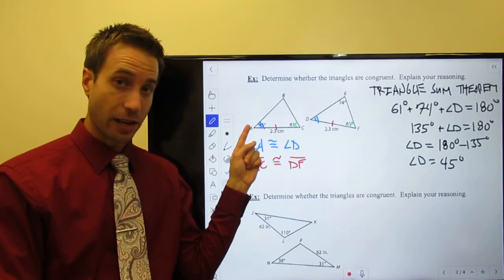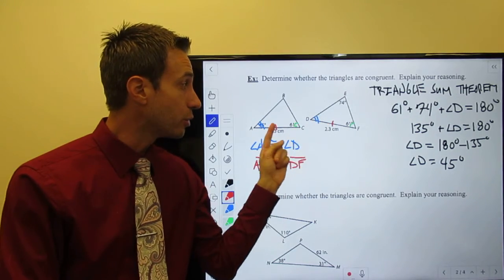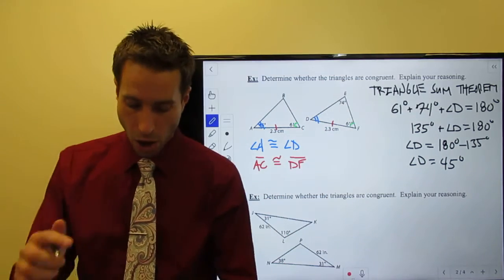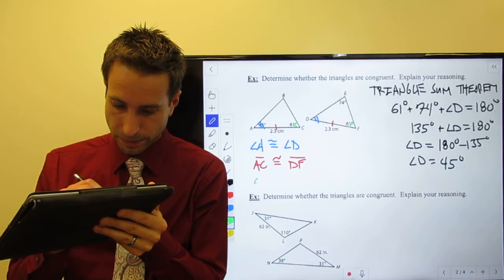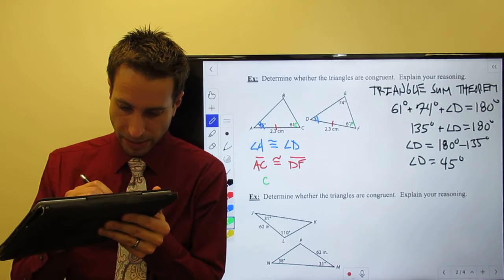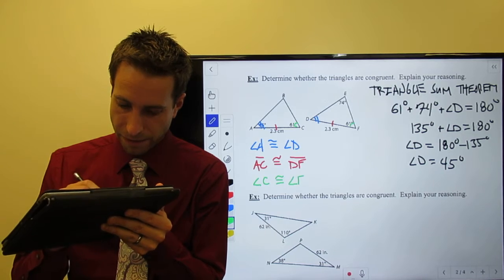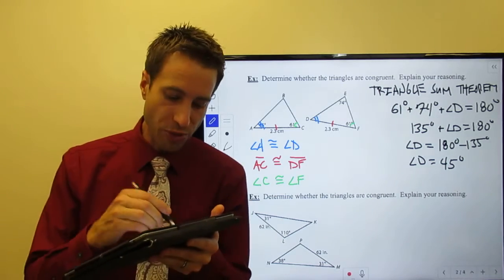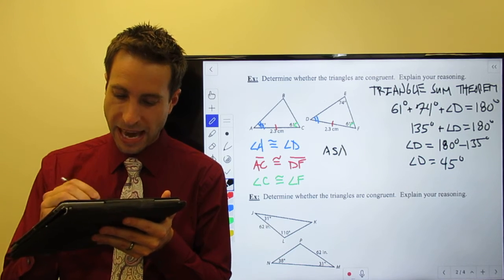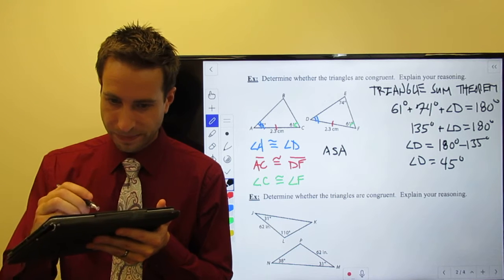So I have an angle, I have an included side, and look, angle C and angle F are congruent. That looks like two C's. Let me fix that, make it look more like an angle. Angle C and angle F are congruent, and so, therefore, guys, by the ASA, angle side angle congruency theorem,